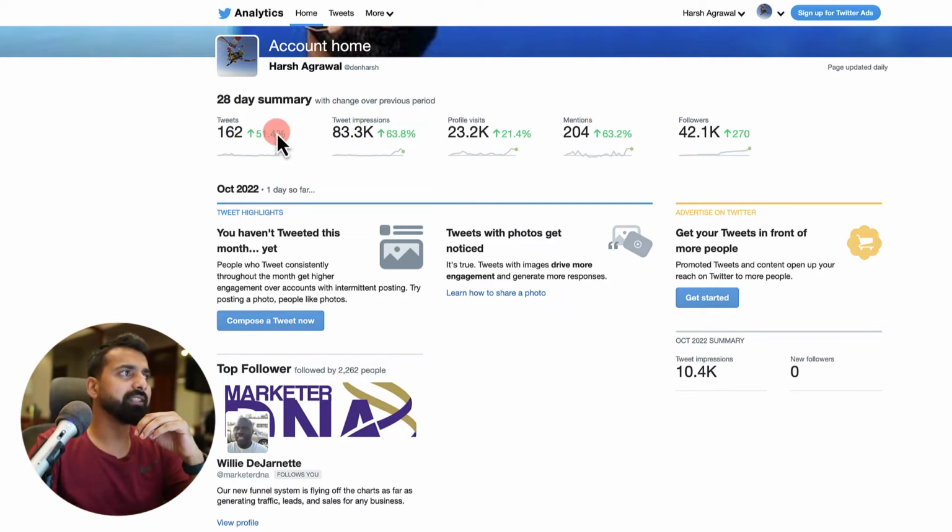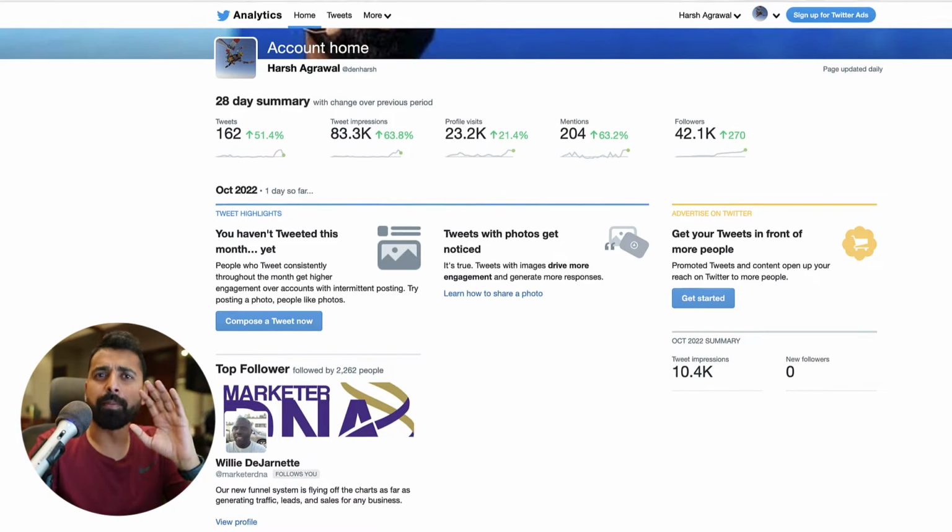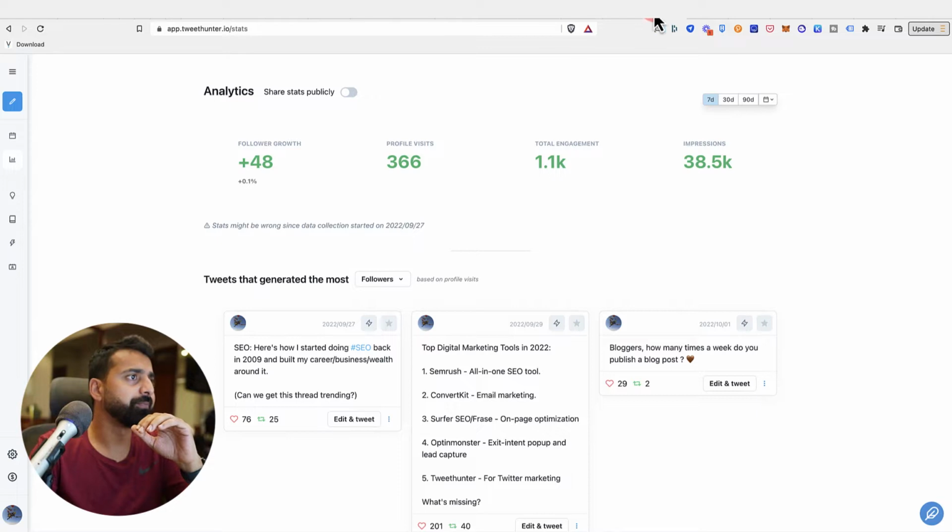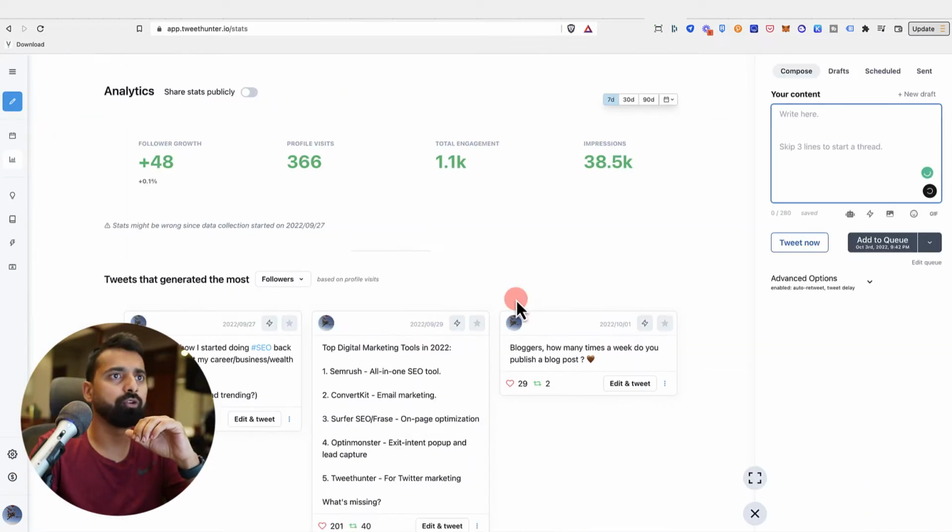Now you can see here, I've just been using it actively for the last few days, and this is the kind of growth which I'm seeing here. Now here are some of the amazing things that you can do with Tweet Hunter. So very first thing, when you go and click on write a tweet,